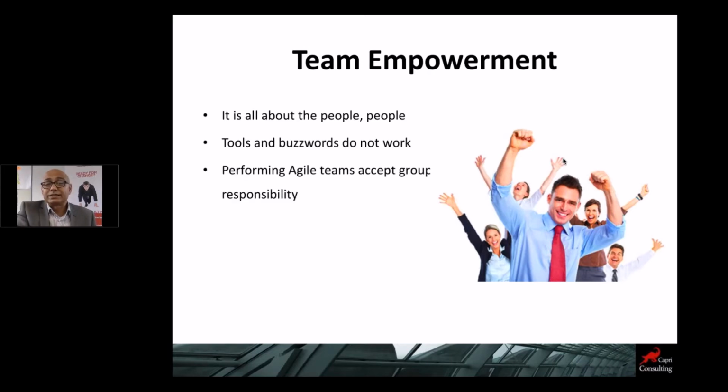Performing agile teams accept group responsibility. That's the beauty of agile methodology. It is about team ownership, and the team takes the responsibility of delivering. Unless you empower them, they will not succeed. So it's very important, and they should be empowered to make day-to-day decisions without going to the managers, reducing